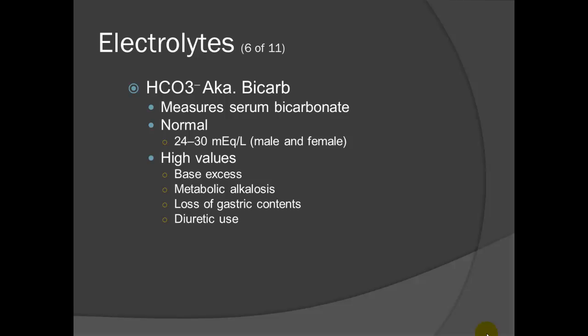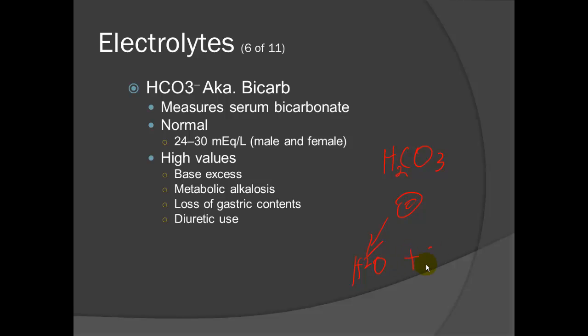Bicarbonate, or HCO3, measured as serum bicarbonate. Normal should be 24 to 30 milliequivalents per liter in male and female. This is the bicarbonate buffer system, the primary acid-base regulator in your body. How this works is bicarbonate's job in life is to go around and pick up extra hydrogen ion. This is carbonic acid on your red blood cell. You have something called carbonic anhydrase. Carbonic anhydrase can easily convert this into